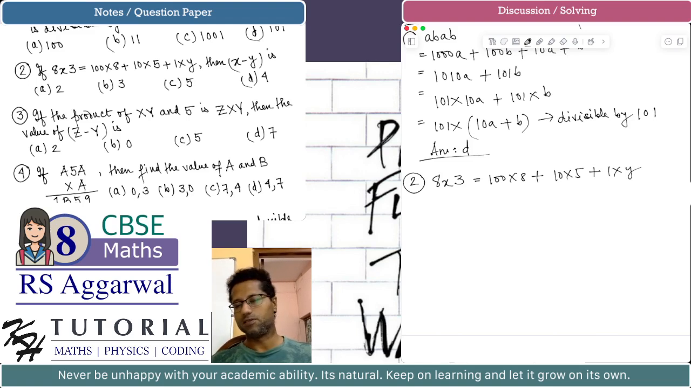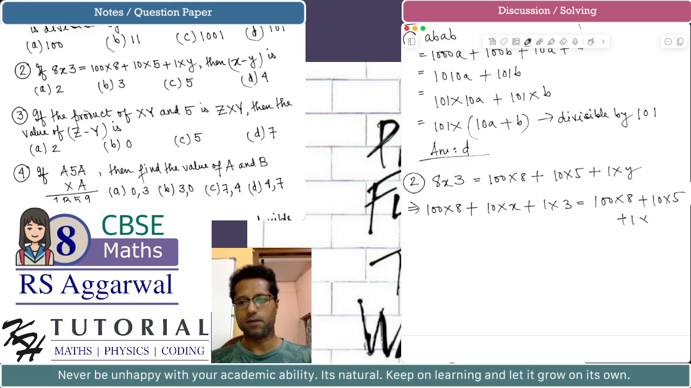Now the left hand side is a 3-digit number and the right hand side is an expanded form. There is a general form of a number. If we apply the general form of number to the left hand side 3-digit number, the left hand side becomes 100 multiplied by 8 plus 10 multiplied by x plus 1 multiplied by 3. This is equal to, given on the right hand side, 100 multiplied by 8 plus 10 multiplied by 5 plus